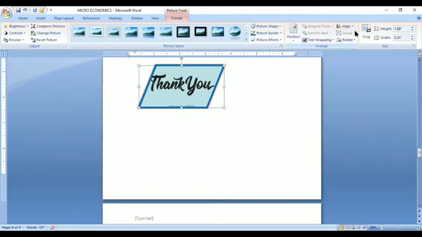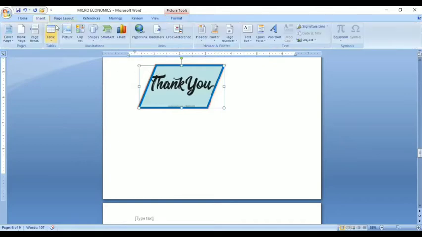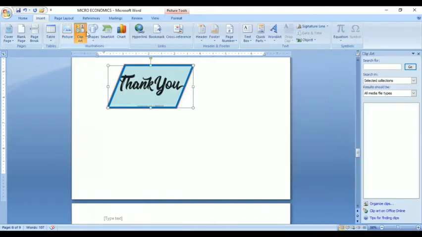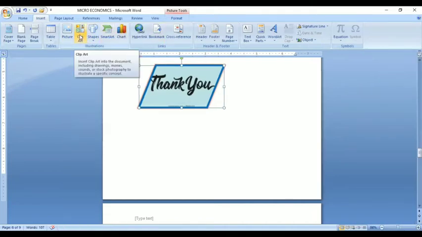Going back to this, you need not worry about all these things. This is enough for your basics. And then we'll go to the next, we'll go to Clip Art. Clip Art and Picture are more or less the same. More or less the same options will be there. Here, this is for clip art. Here next you can see, I'll take this one.